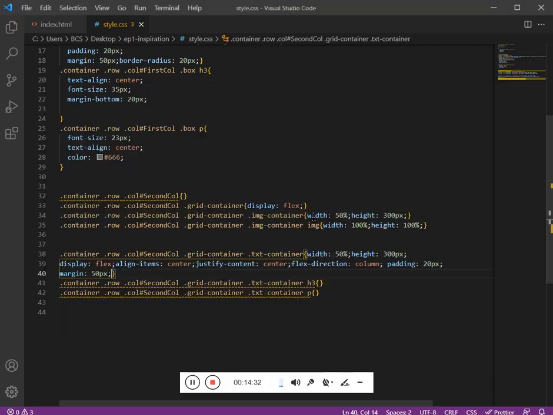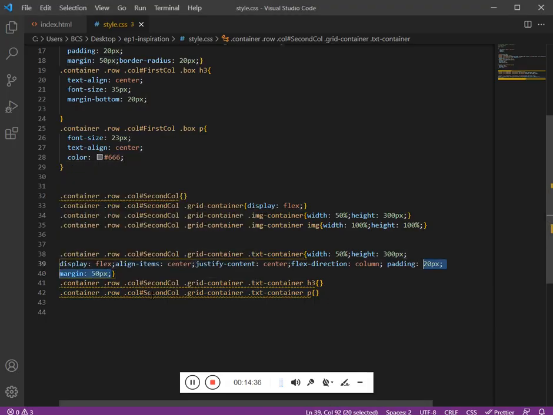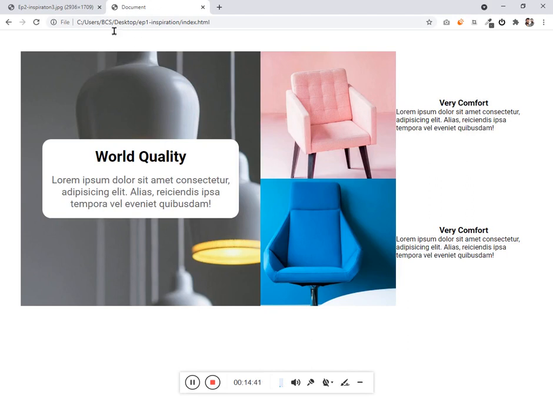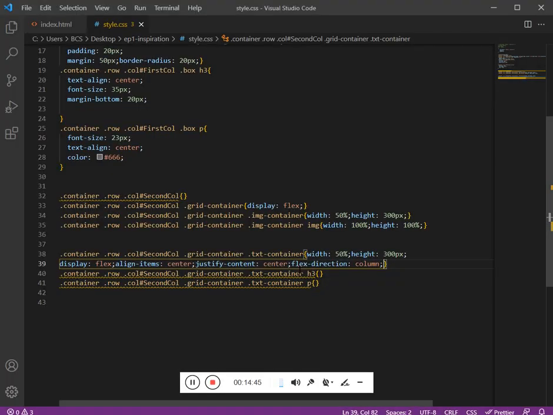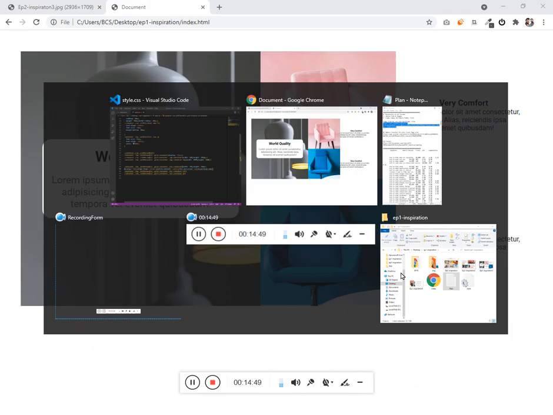Refresh this. I think it is too much. Let me remove it. So padding over here I have given 20 pixel, so padding 20 pixel.